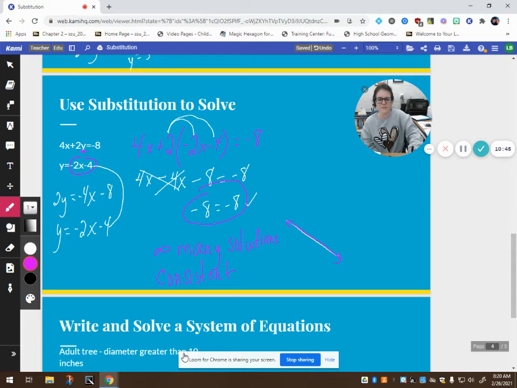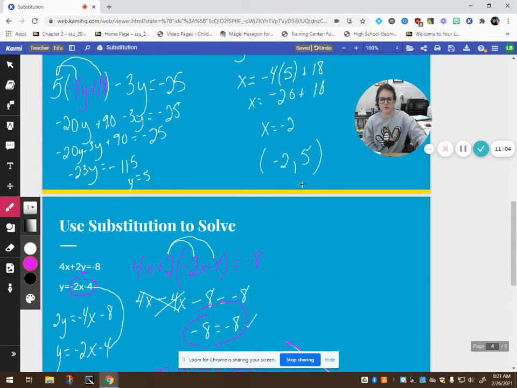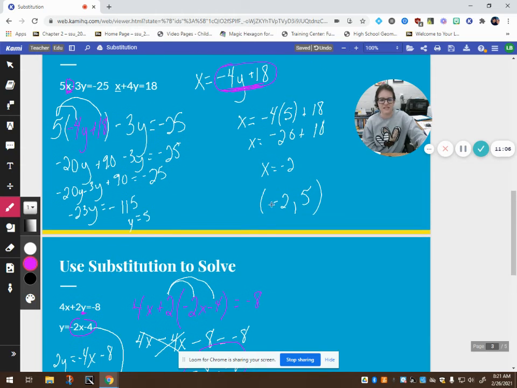And the infinitely many tells us it is dependent. So it's consistent and dependent. It depends on what point we're looking at. So the solution to this system is infinitely many solutions, and we would say it is consistent and dependent. And I just want to remind you that this one would be consistent and independent because there's only one